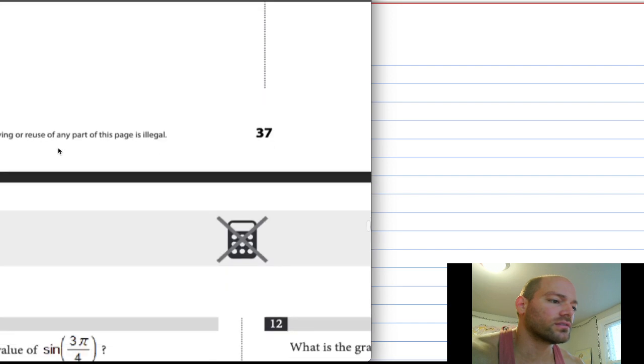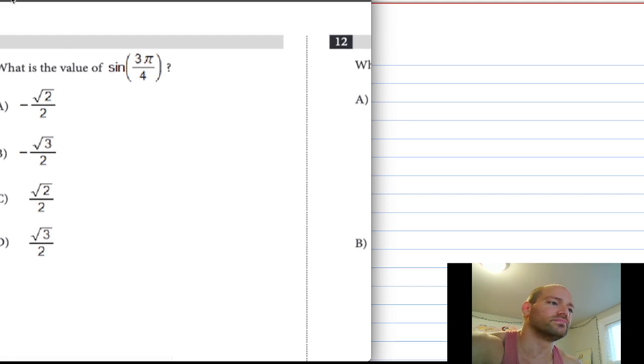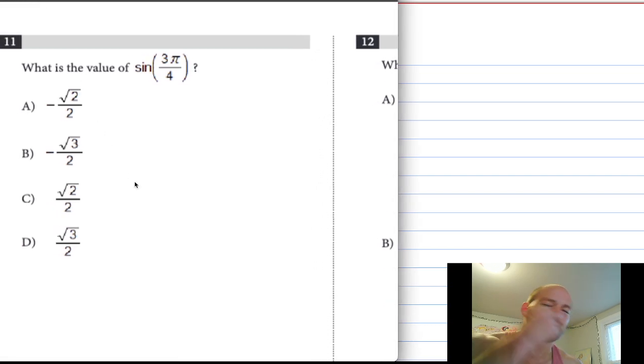Let's take a look next at number 11. I don't really want to do this one. It's basically just knowing the unit circle. They barely even ask these kinds of questions. In fact, if I'm not mistaken, this is like one of the only times I've ever even seen them ask a question that really needed the unit circle. On this test, the paper SAT, all the trig stuff that you need is basically SOHCAHTOA,